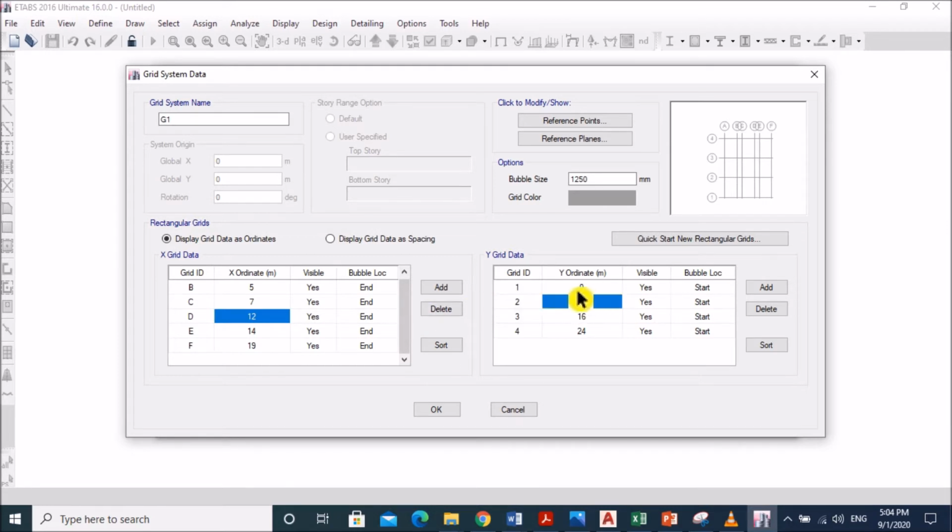Now in Y grid data, then 8, that should be 10, that should be 18. Okay, then OK.